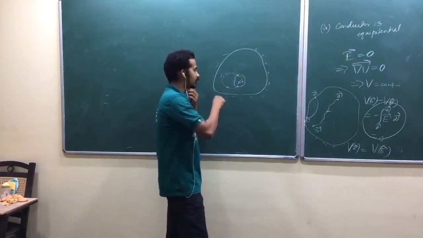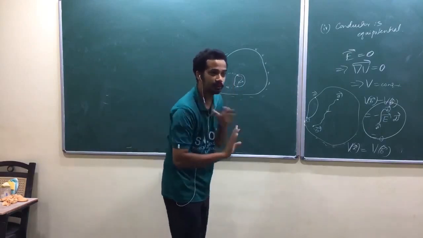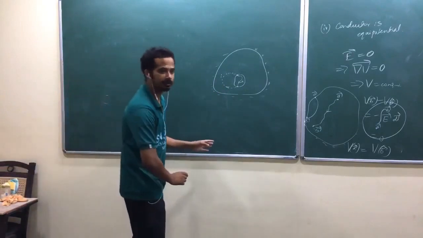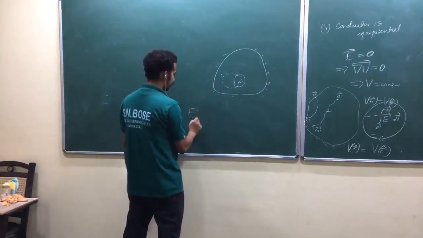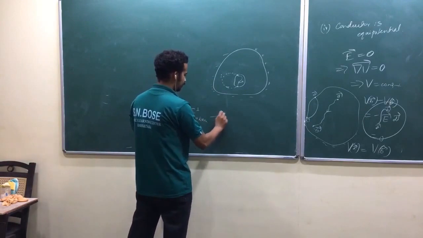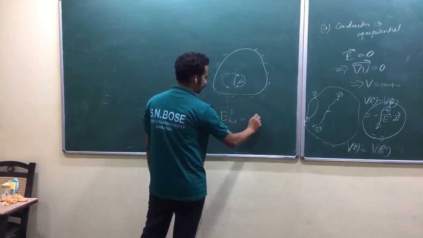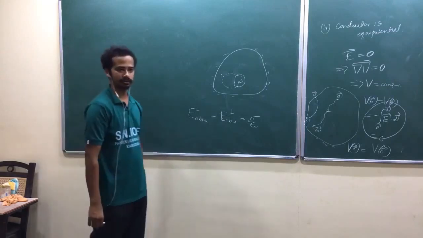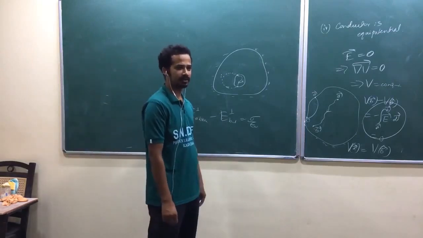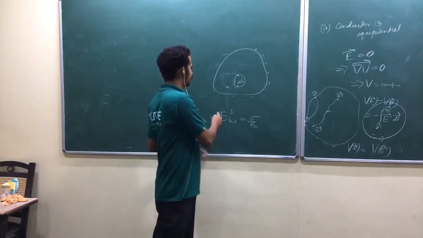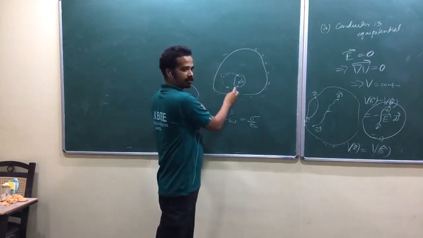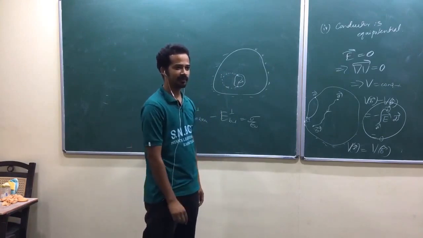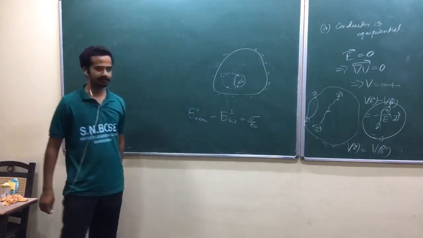No, you have to first argue there will be no charges. There will be no surface charge. If there is no surface charge, perpendicular component is continuous, am I right? E perpendicular above minus E perpendicular below is equal to sigma by epsilon naught. If sigma equal to 0, yes, that's correct. First you have to argue sigma equal to 0. So that is quite difficult, am I right? How do you argue? If there are negative charges gathered here, how do you argue there is no positive charge? Better to argue electric field 0 first. Okay? That's the best idea.